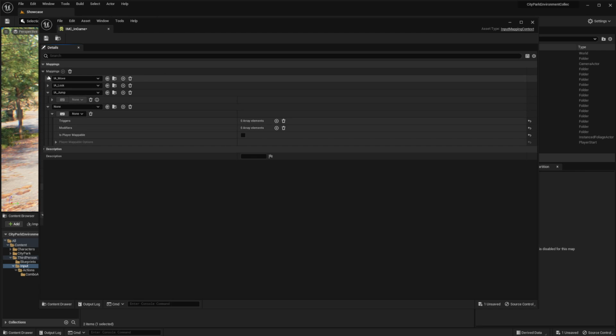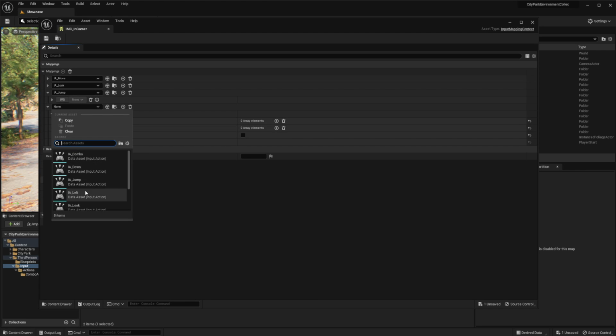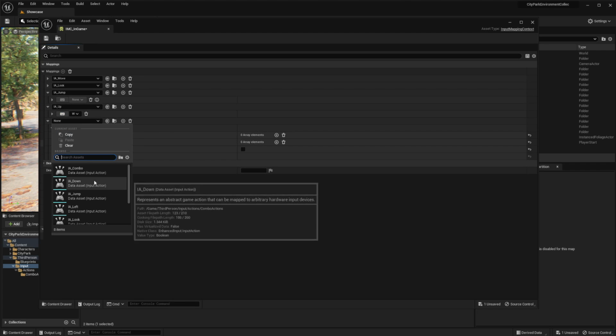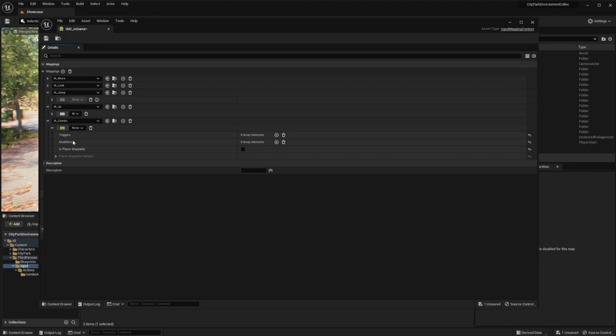Let's click again on the add mapping. Let's choose the up. It will be our W key. Add another mapping for the combo, and this will be our space key. Now, instead of having mapped the jump action to the space key as before, we have it mapped to execute only if we press twice the up action, which is our W key, and then the combo action, which is our spacebar. Let's save this, close this window,